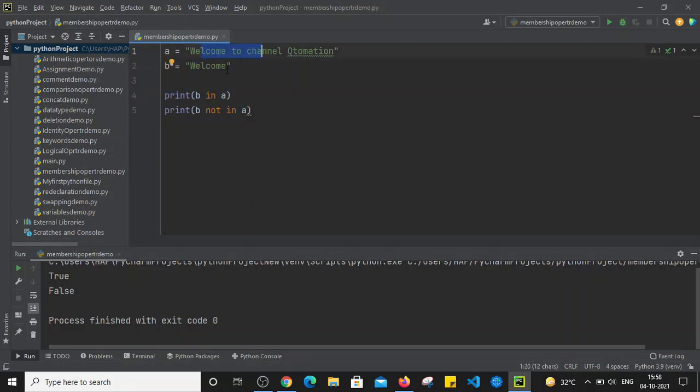So what I am going to do now is change this value. I am changing the value of b to hello, correct? So when I change the value of b to hello and when I use b in a, now this time hello